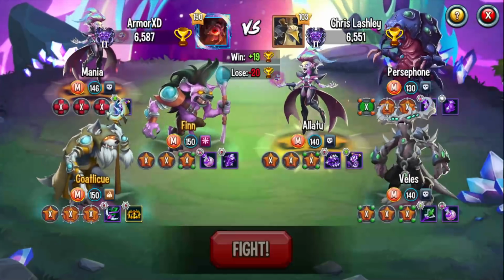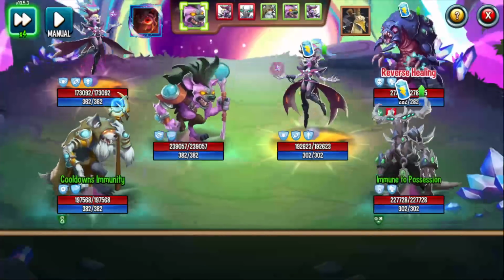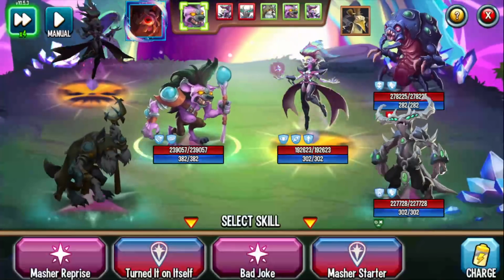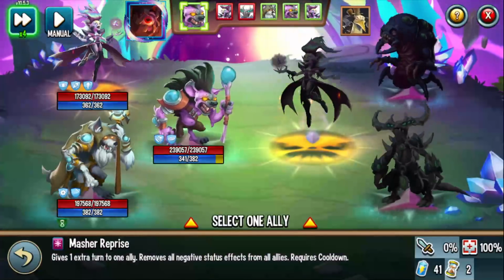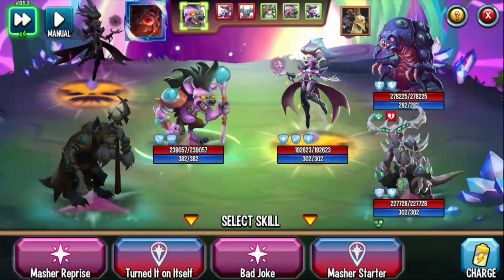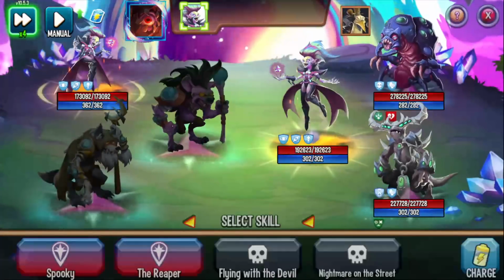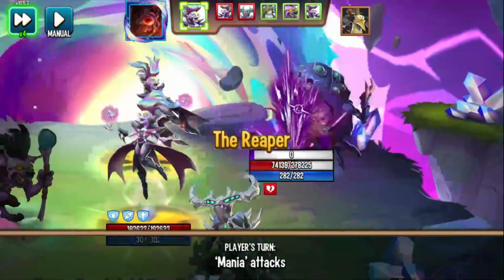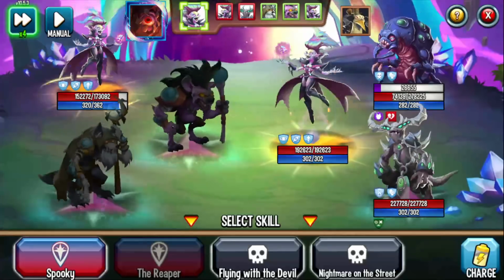Alright, it's a Shelly. I think Shelly, unfortunately, is immune to bleed, but that's fine. I'm going to start the game off with... Gives one extra turn to an ally. I think I'm just going to turn transfer right into her, and I'll do Spooky. I will do Reaper. And then I think I'm just going to Total Blind...